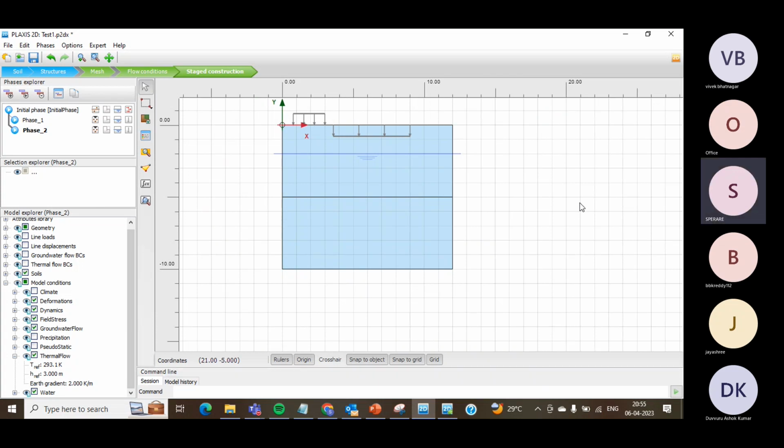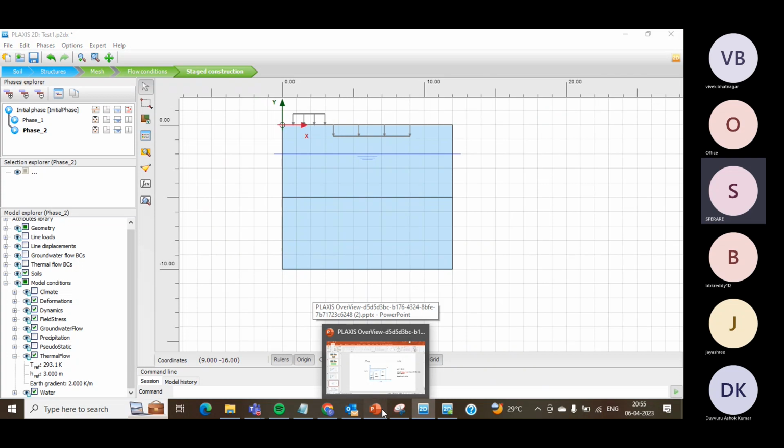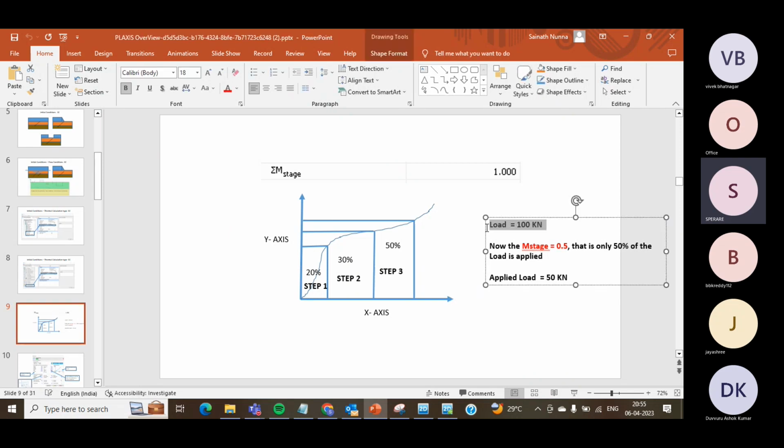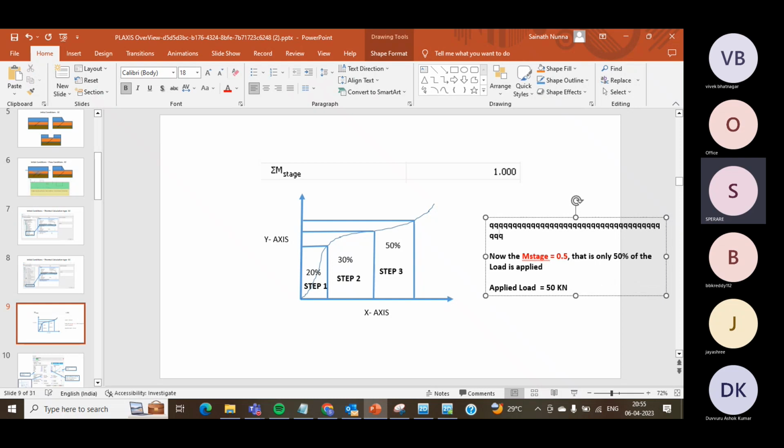Yeah, fine. So this is what sigma M weight says: that you are playing with the densities. Then what is sigma M stage? M stage plays a role with your inputs. Let's say you are feeding 100 kilonewtons as a load, and now if you say that sigma M,